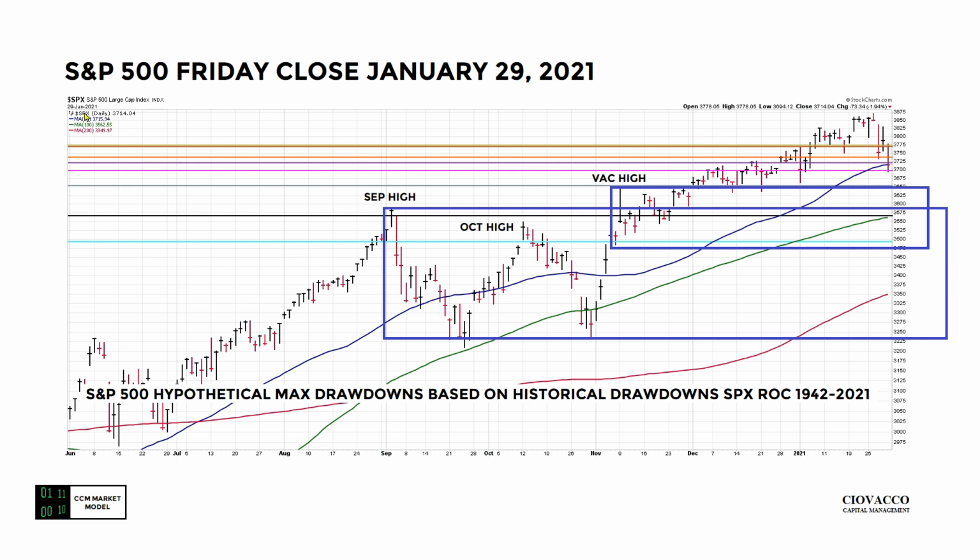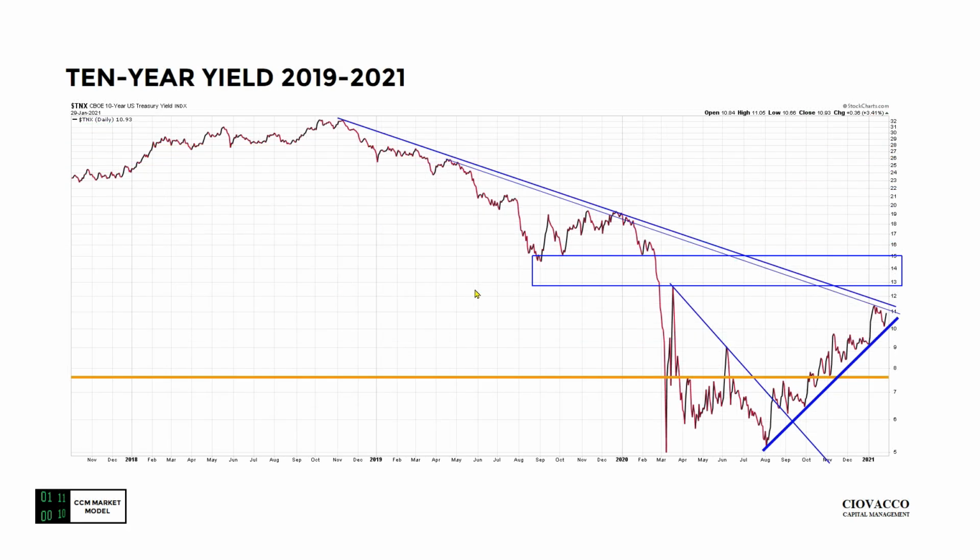It's dated January 29th. That's a Friday. This is as of the close post 4 p.m. We covered this chart in more detail last week, so you can go back to last week's video if you want to. Quickly, we still have potential support relative to price in several areas close by. Typically, if price is going to break down in a serious and sustained manner, we will see evidence of economic